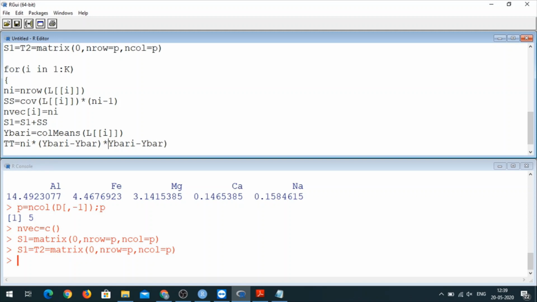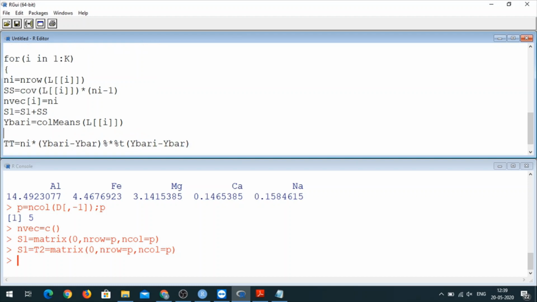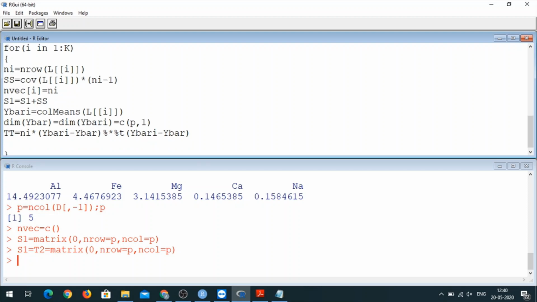So I need percent star percent, and transpose. Just to make sure this is correct, I'll need to change the dimension of both y bar and y bar I. So the dimension of y bar and y bar I we will make p cross 1 so that the transpose thing works.